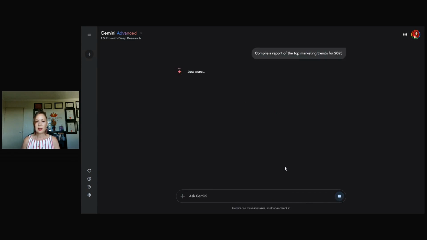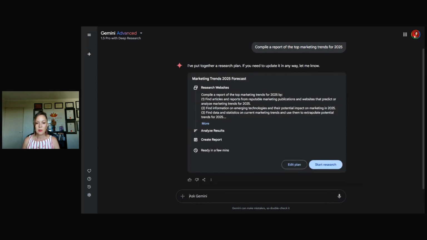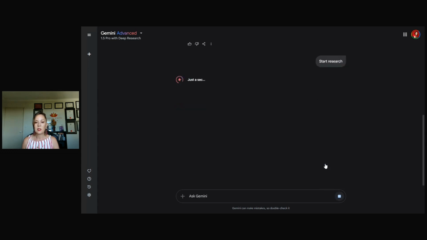And so what it does, it reviews your prompt, and then it will lay out the steps it's going to use. So it's plotting out, it's going to find articles, find information and data, and then analyze the results, create a report ready in a few minutes. And if you're happy with that, you can always edit the plan and get it to do something else or start the research. So let's do that.